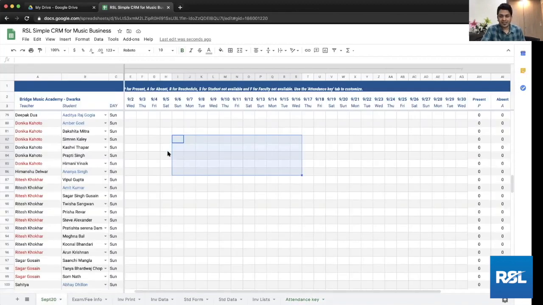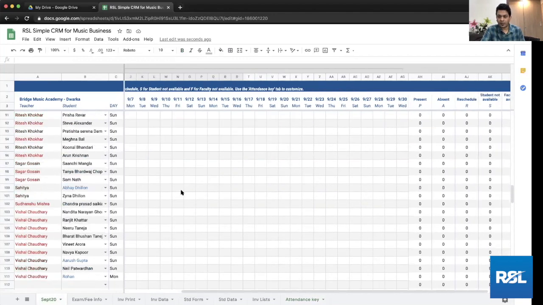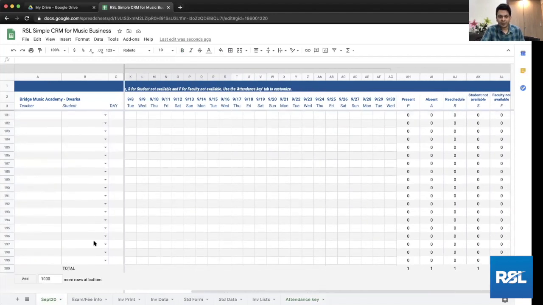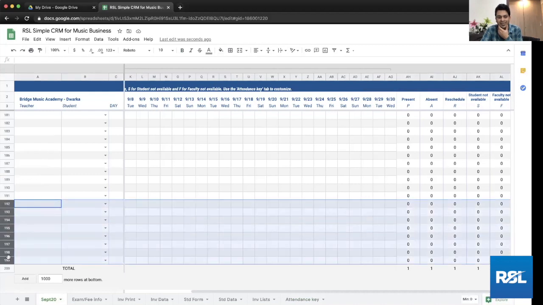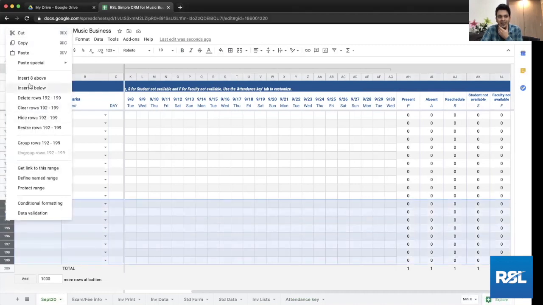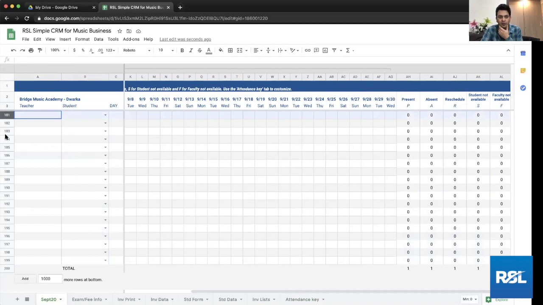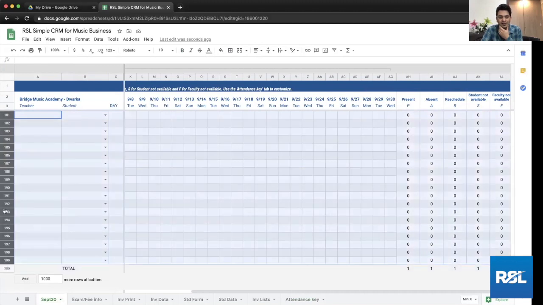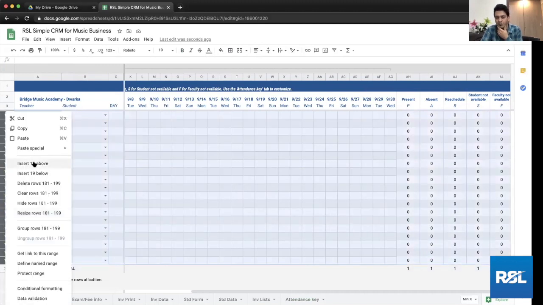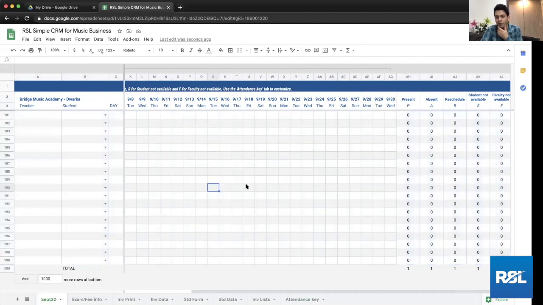So this is how the attendance really works. At the bottom, you will get a total of it. As I said, I have prepared it for about 200 students. So 199 is the students who can be marked attendance for. But if you want to add more to this, you can just select this, right click and insert 8 rows above. Because I've selected 8 rows, it is giving me an option of selecting 8. If you want to select more and do this, now it will give you the option of inserting 19 more above. So you can do all of that and the formulas will pretty much be there for you, right?